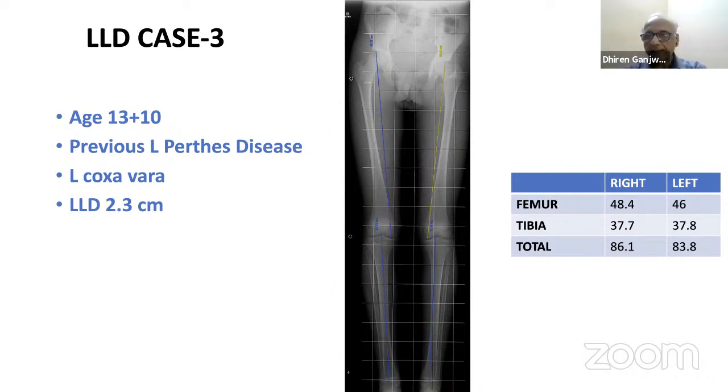Right. Okay. Yes, Taral, and then we will ask Peter. Yeah, Taral, please. I have a different point of view. There are 2 conditions where I would accept leg length discrepancy. One of them is spastic hemiplegic cerebral palsy, where it is better to have the limb shorter, or a polio-affected limb. It's better to have them shorter for the clearance. In dysplastic hips and Perthes, I would have the limb shorter, and I'll explain my point of view. When you have a shorter limb, the pelvis moves down, and the acetabulum covers the